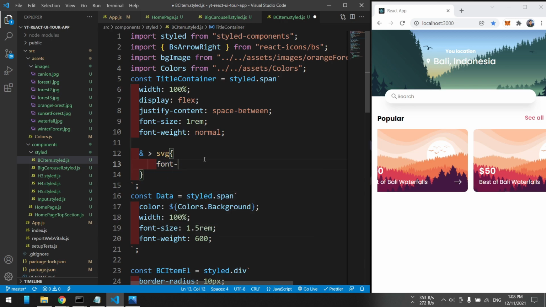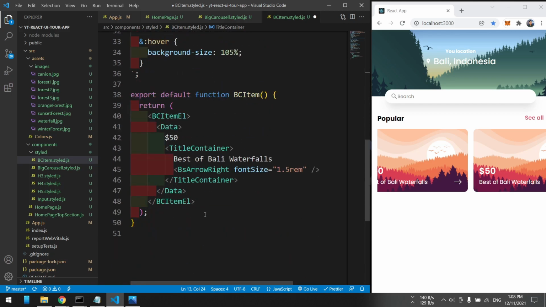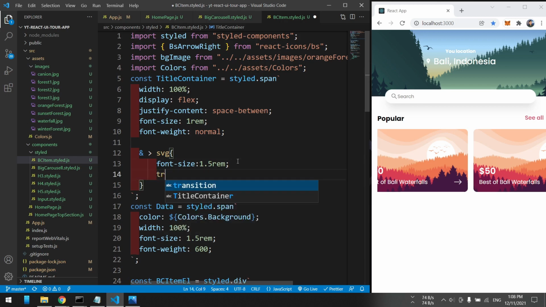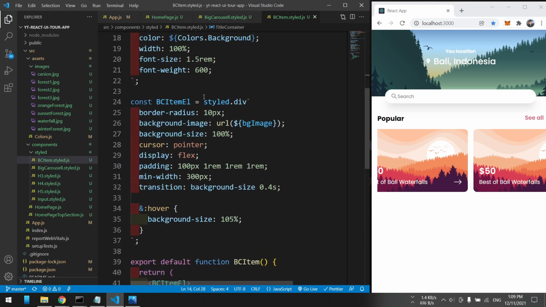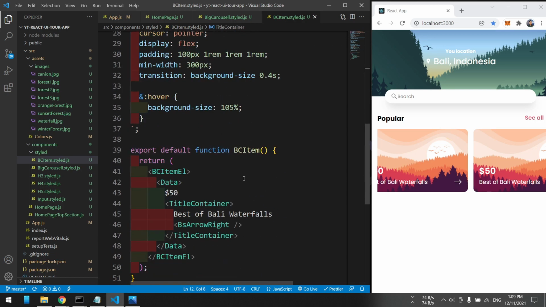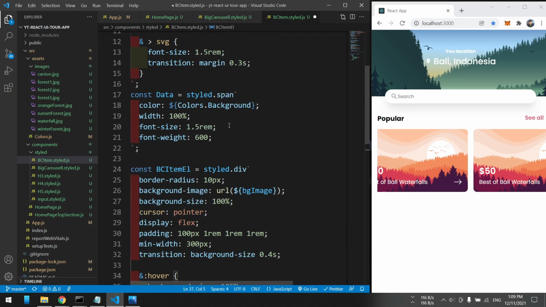The value is going to be font size 1.5 rem. I'm going to remove it from here, and it should have the transition of margin, right? Because we're going to change the margin, or margin in general, 0.3 seconds. And if you come over here, you could change the margin of this SVG by accessing it through the styled